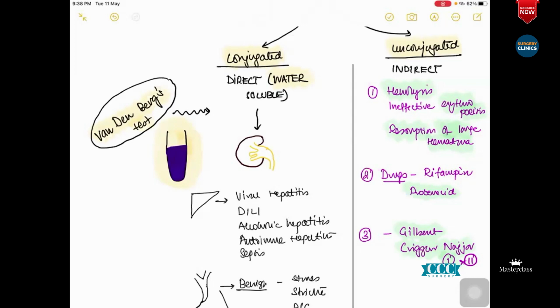More or less, the last point to remember: the patient has a hemolytic jaundice. What is the color of the urine? Now that is an interesting question. What is the color of urine in hemolytic jaundice? Normal. Why is it normal? Bilirubin levels are more in the blood. Because what is the material that is excreted in the urine? It is urobilinogen. Now, urobilinogen is present, and that is colorless.